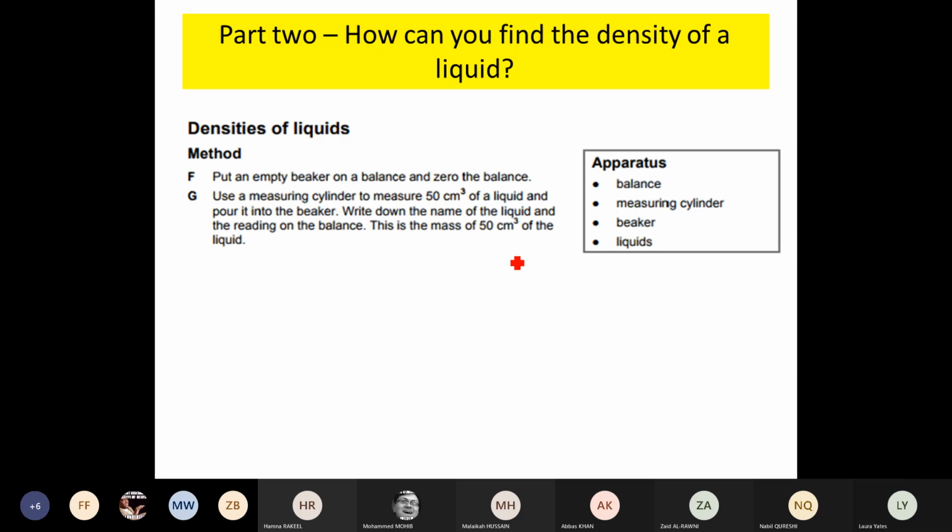Okay. Right, so part 2, how can you find the density of a liquid? For the density of a liquid, you would put an empty beaker on a balance and you would zero the balance so that the beaker is not affecting its